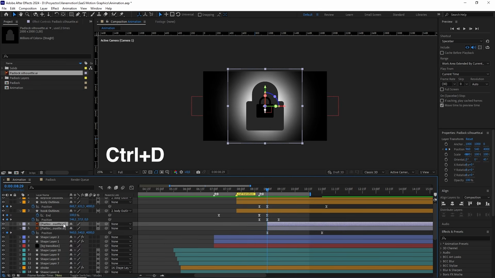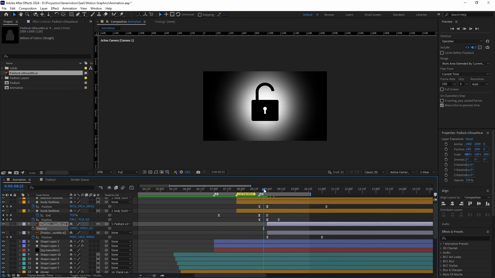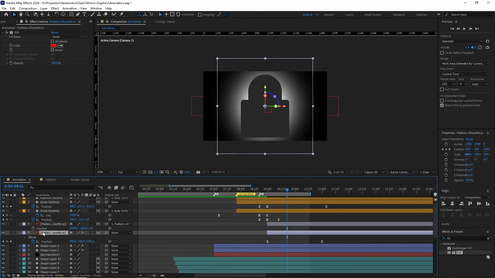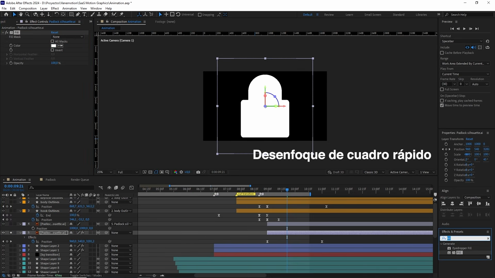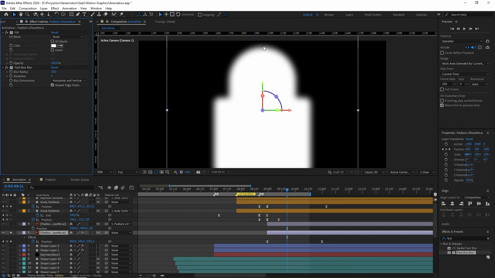Using Ctrl-D, duplicate it. Remove the keyframes from the top layer and parent it to the layer below using the Pick Whip tool. We're going to apply a couple of effects to this layer. The first is called Fill. I'll focus on just this one to see it better. Set the color to white and apply the Fast Box Blur effect. Now increase this value, for example, to 30. To create this blur,